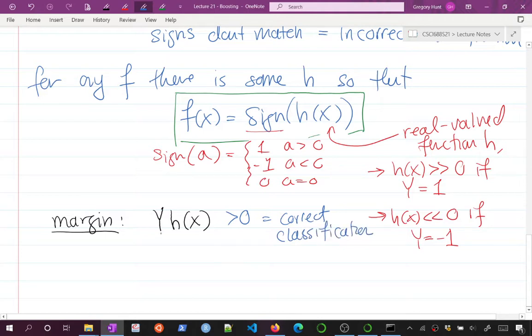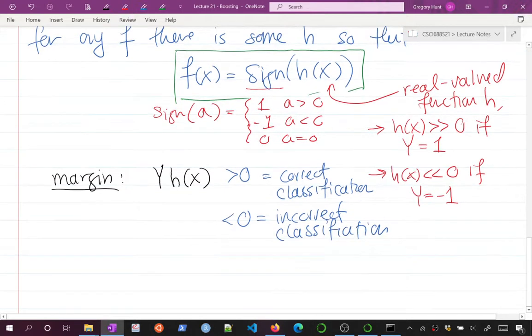Right? So if y is negative 1 and h of x is negative, this thing will be positive. If y is 1 and h is positive, this whole thing will be positive: correct classification. If it's less than 0, this is an incorrect classification. And more to the point, the absolute value of h of x, the size of h of x, is the incorrect or correct